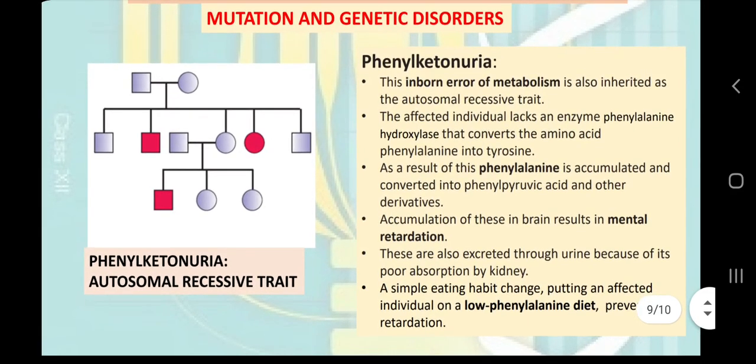Now, finally, phenylketonuria. Again, phenylketonuria is an autosomal recessive trait because the trait is skipping the generations. In phenylketonuria, it is very interesting because the discovery of phenylketonuria was related to genotype to phenotype. When we understood that Mendelian factors or genes control our features, but in what way? We had no clue about in what way these genes or factors control our features.